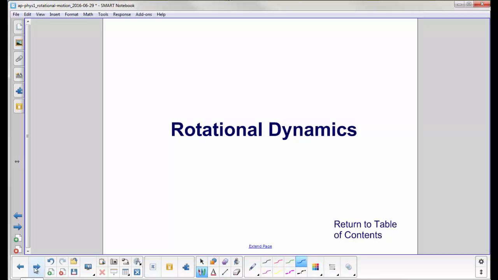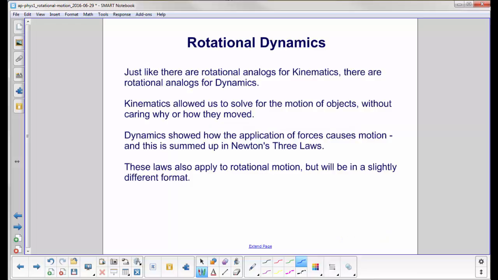Rotational dynamics. Just like there were rotational analogs for kinematics, there are rotational analogs for dynamics. Kinematics allowed us to solve for the motion of objects given initial conditions, but we didn't care why or how they moved. Dynamics showed how the application of forces